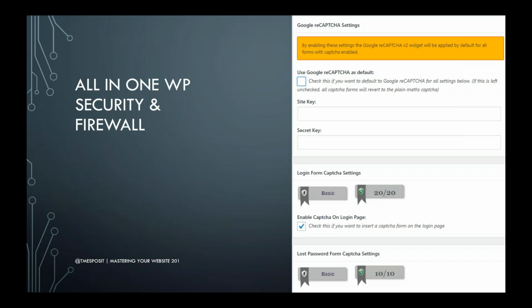One other thing that this particular plugin does is they sort of gamify it. See how there's like a 20 out of 20 points there and a 10 out of 10? If you go through and process all these things, you get more and more points, and it gives you a score. So you first install this plugin and you'll have a score of like 20 or something, and it'll show you a dial and it'll be all red, like, oh, you're not secure, this is horrible.